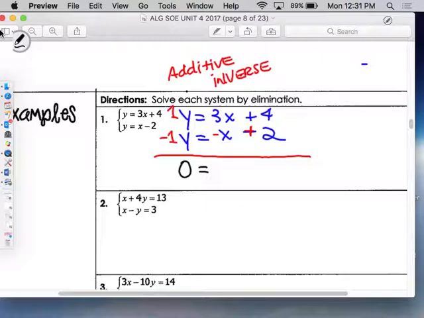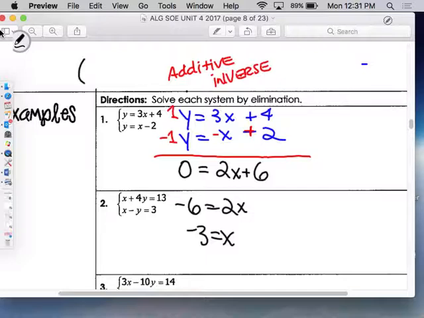I now have 3x minus 1x, leaving me with 2x. And I now have 4 plus 2, which is 6. So I now have a simple equation to solve: 0 equals 2x plus 6. So I subtract 6 from both sides, then I divide both sides by 2, and I see that x is